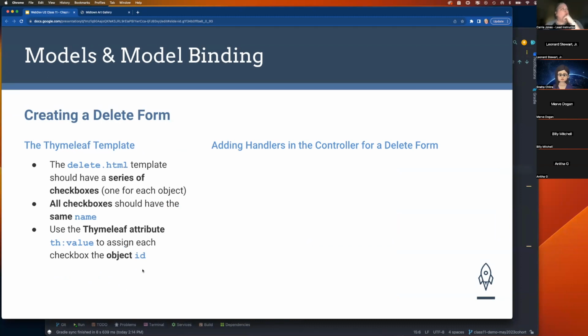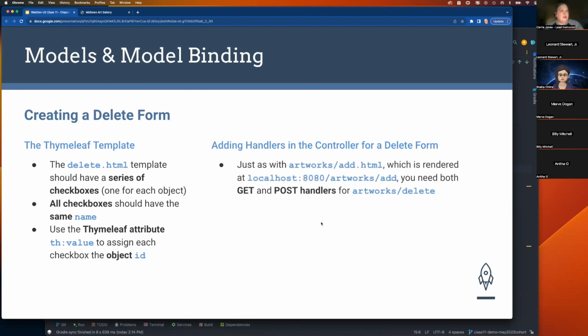All right. So if you want a delete form, you need to create a template for it, of course. And typically, a very good pattern for doing this, to make it easy on ourselves, is we're just going to have a list of checkboxes. And every single one will represent a different artwork object. And then we can make sure they all have the same name because we want to be able to collect them as a list of IDs. So we're just going to set that attribute on each checkbox with the value that corresponds to the ID from the object. And that way, in the handler, we can just